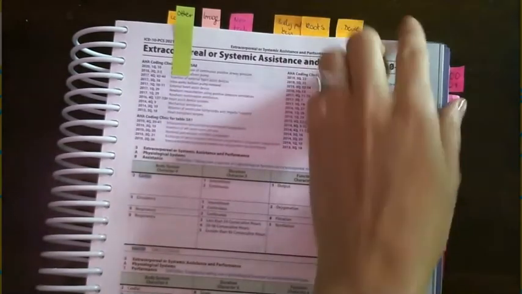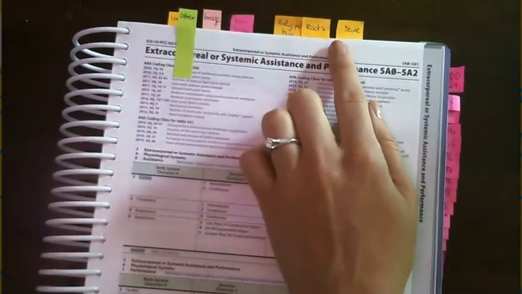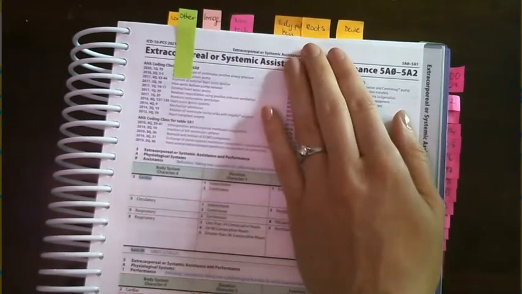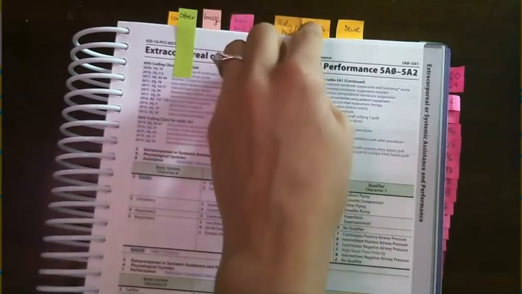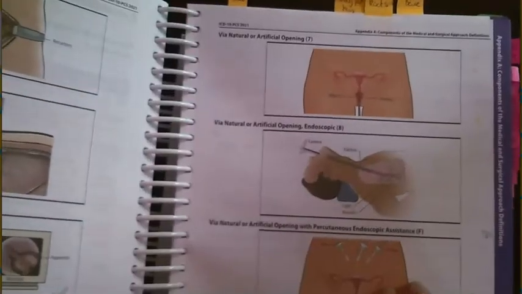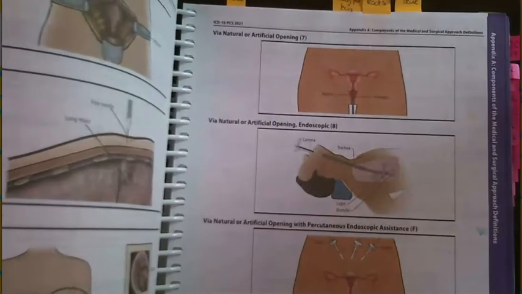Now let's have a look at the appendices. I tabbed 4 of them. Of course, you might want to tab more depending on what you are using. The first one is for the roots, but before that, we have Appendix A for the approaches. If you are new to PCS coding or you just feel you would like a little bit of reassurance, then definitely put a tab here for you.